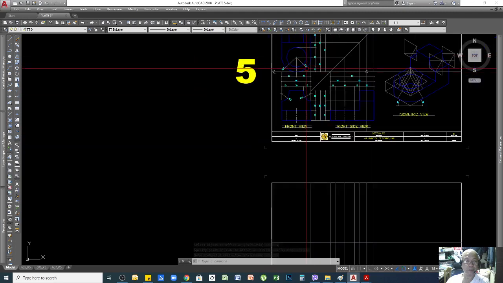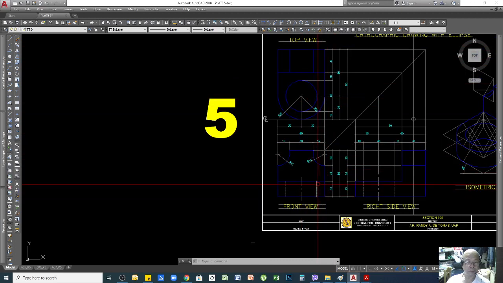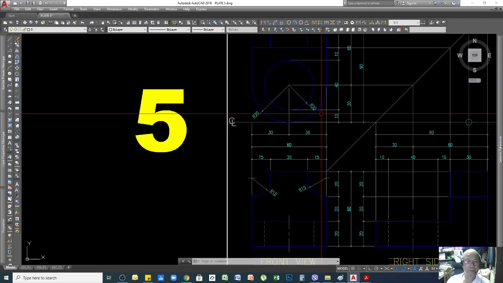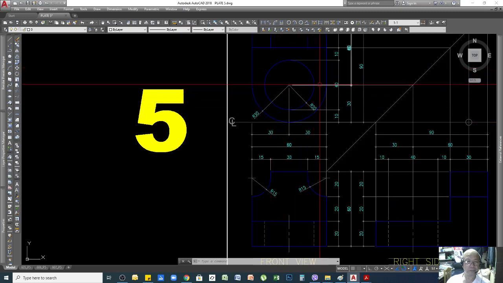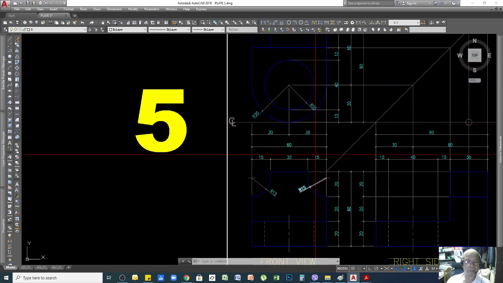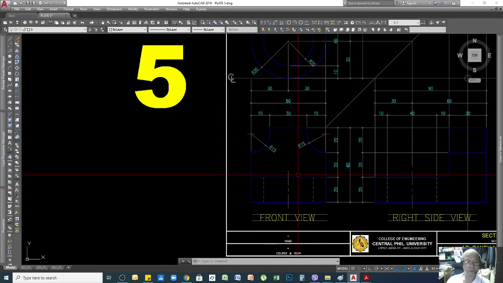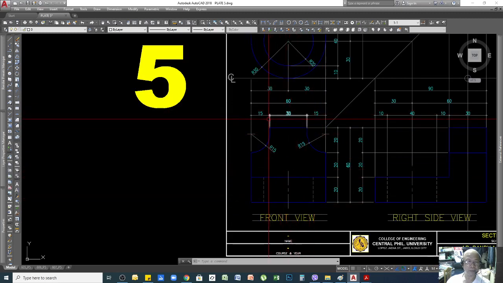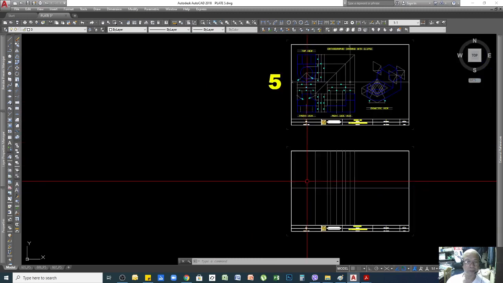I need distances. For this hidden line, I need this distance of 10. Where I get that one is the distance of this hole in our object, from here to here. That's why it is a hidden line. So I need 10 and then 15, half of 30 which is 15 to get the center line, and then another 15, then of course 5 here, and the remaining 10 to complete the location of that.